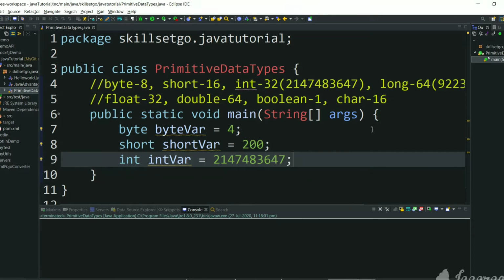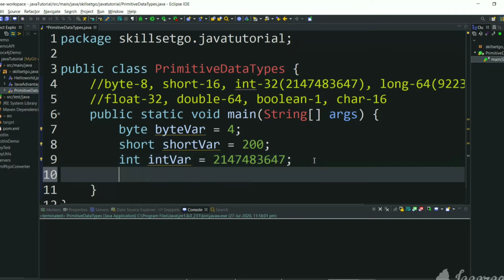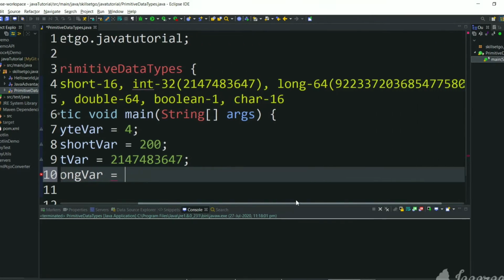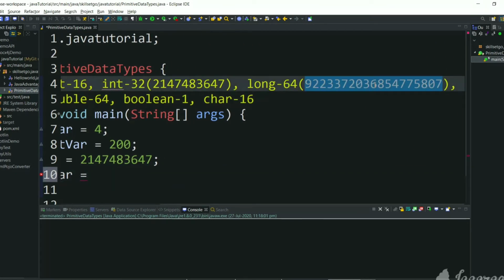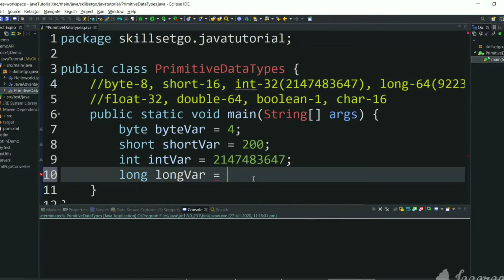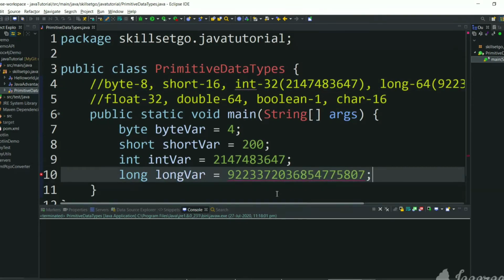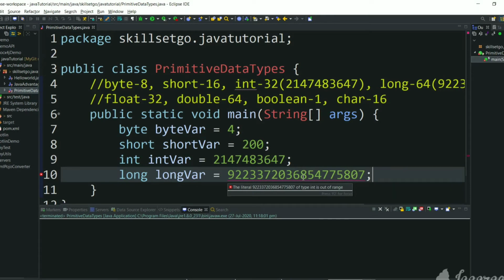So for bigger numbers we have the long data type. Long variable, and the maximum number that long can occupy is this number. Here we get an error saying literal of type int is out of range. For assigning values to a long variable, we need to mention L at the end, signifying it is a long data type. Now we won't get an error.